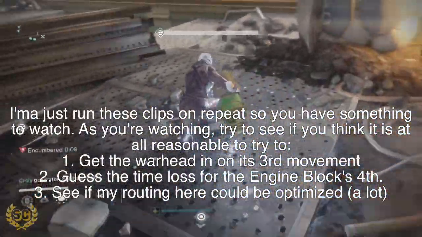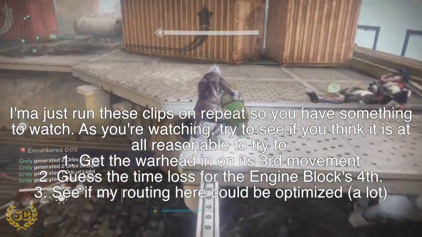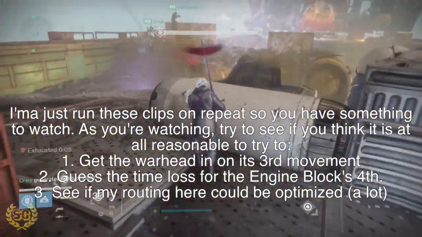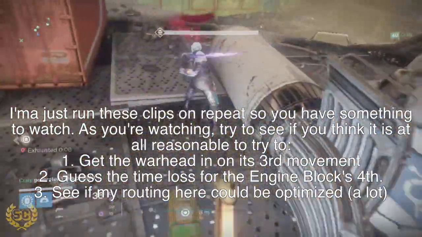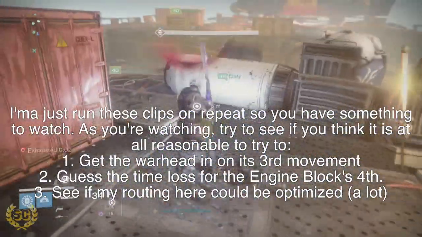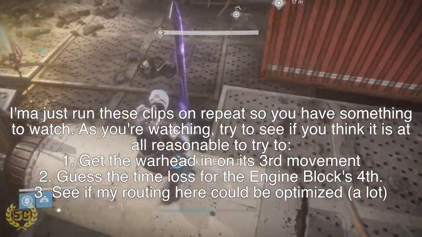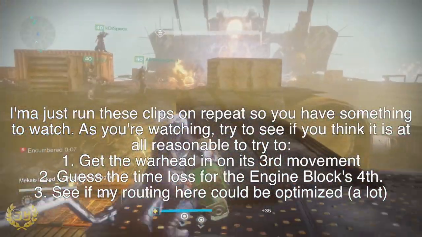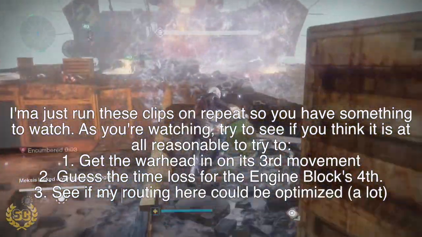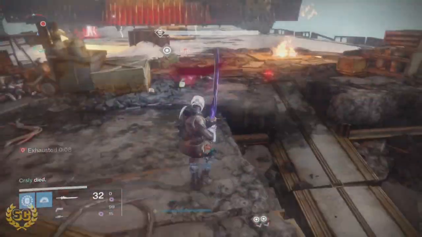It would just be relying on way too much inconsistency to actually be practical for any strategic purpose. So my point there is I really don't think that you're going to be able to get the engine block in 3 movements, kind of no matter what, using Shadestep. And then in the event that you are still absolutely dedicated to try that, because I said it was only a 1 second difference off, you have to consider that I'm making the very generous assumption that you miraculously managed to get the warhead in,